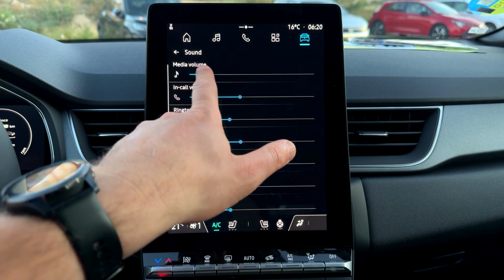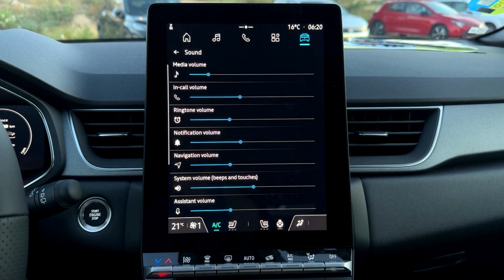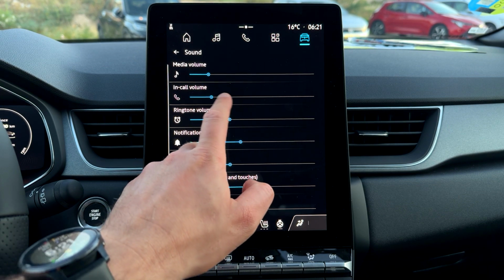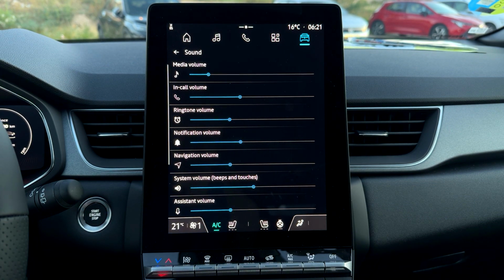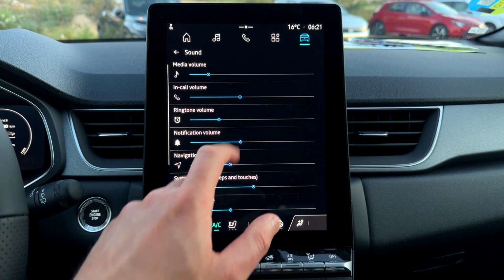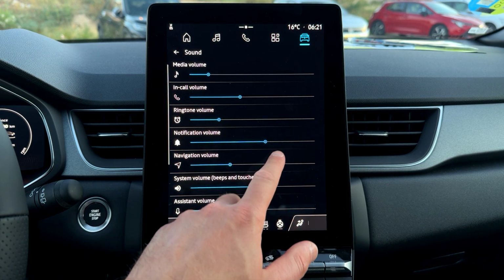So you can adjust the media volume. You can check out the volume here. You can select the in-call volume. There is also the way to change the ringtone volume. Or you may set up notification volume,